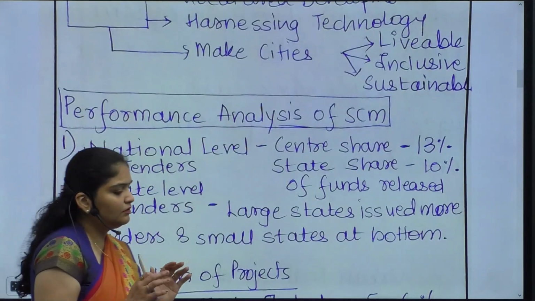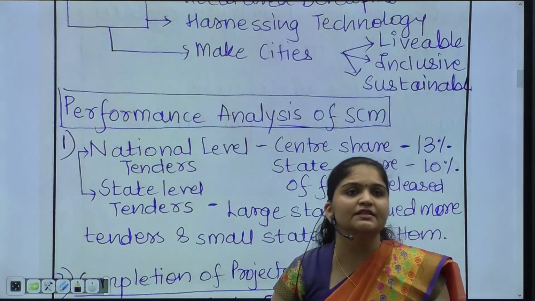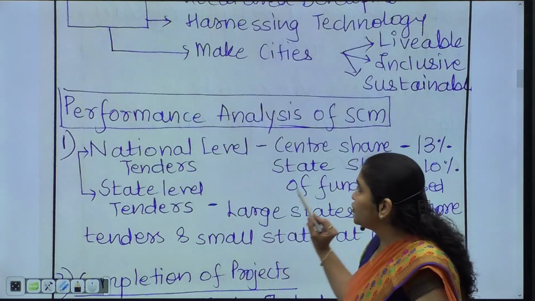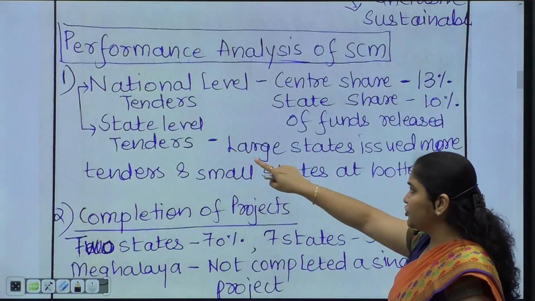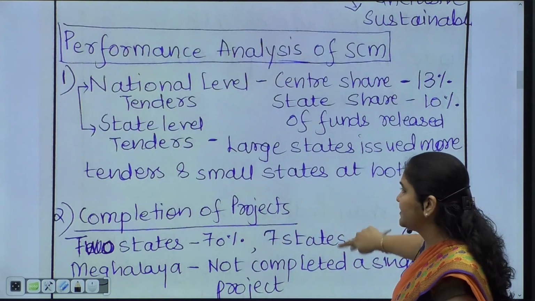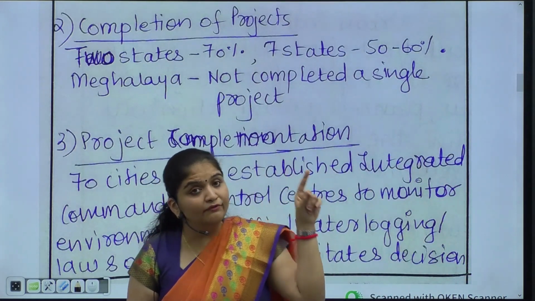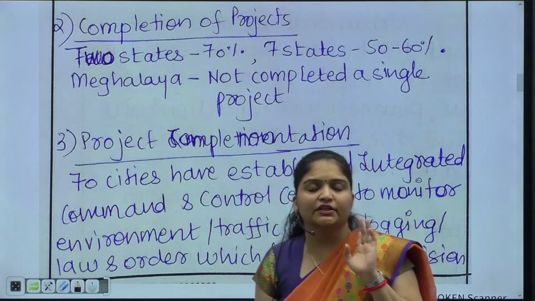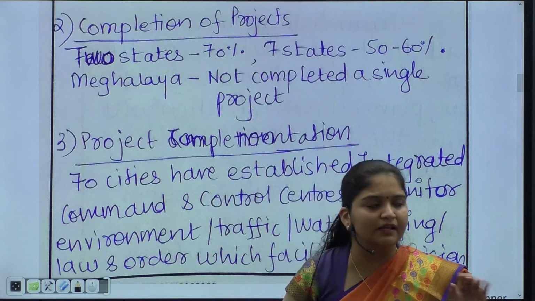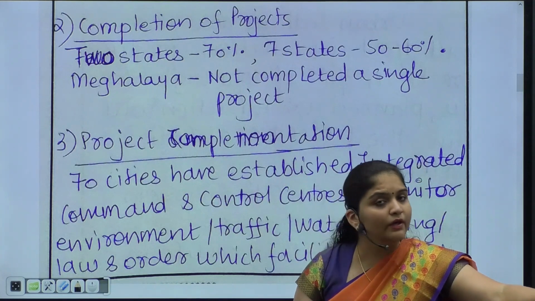Now this question is saying mixed results. Without giving performance analysis, mixed results cannot happen. You have to give key performance analysis: what are the national level tenders, state level tenders, how much percent, to what extent completion of projects has happened, and at what stage project implementation is. You have to draw this for every flagship project of the government, because if a specific question comes, there will be no performance analysis. And the government is finishing 10 years, so this kind of question is natural.